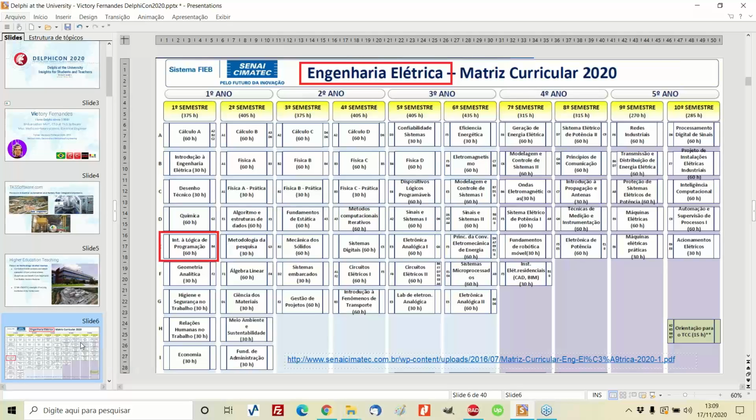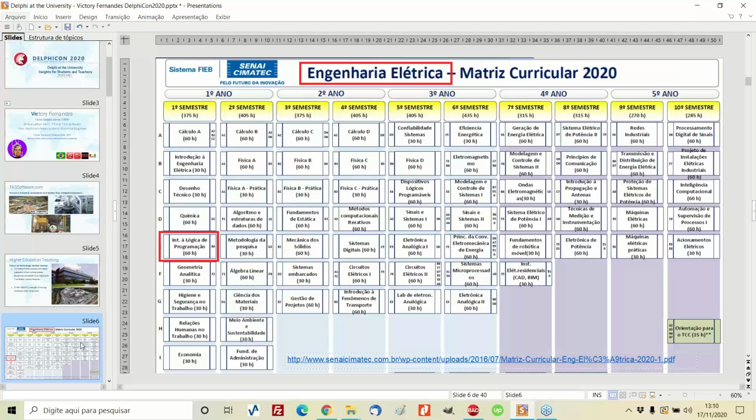We have around 600 people there every year, and I wanted to show how we can benefit. If you go to this institution's website, you can find their matrix for the 5 years of the electrical engineering course. I'm sorry, this one, of course, is in Brazilian Portuguese.